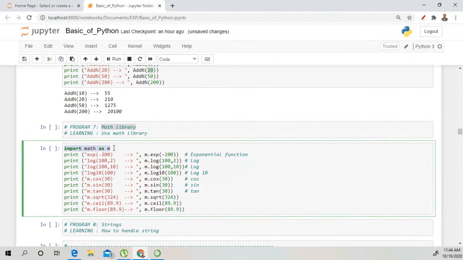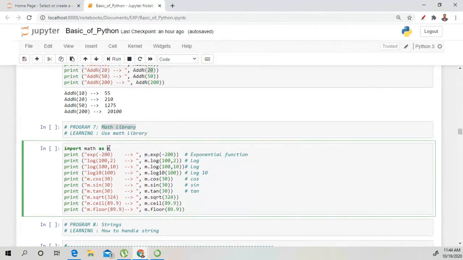If this math library is not installed in your Python IDLE environment, then you have to type pip install math library.